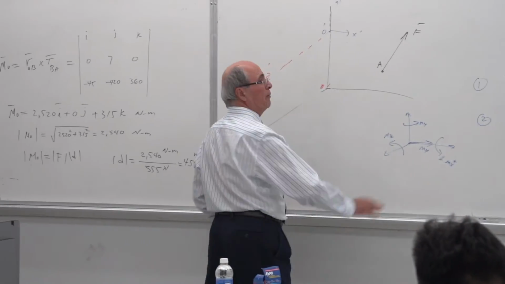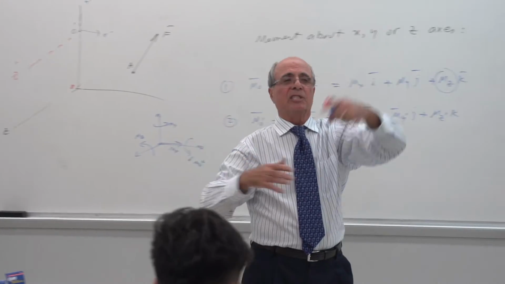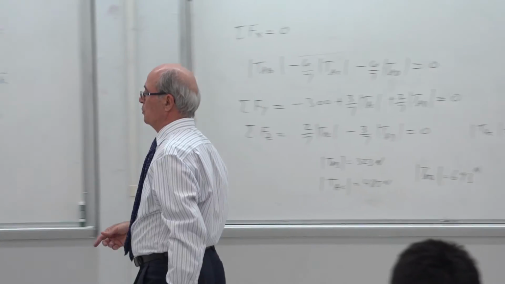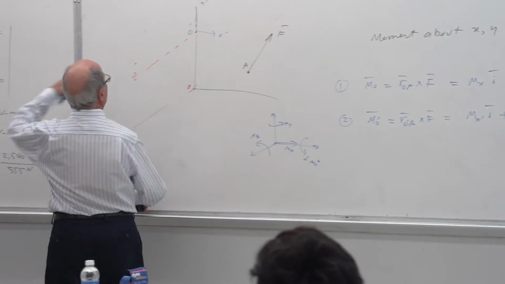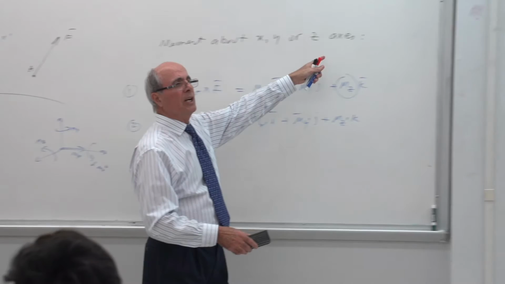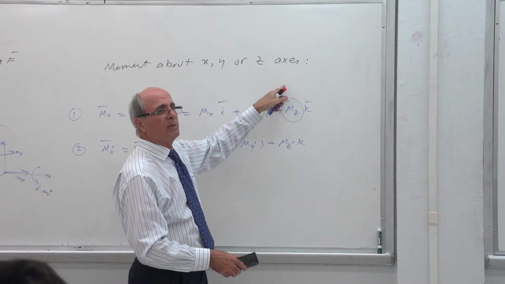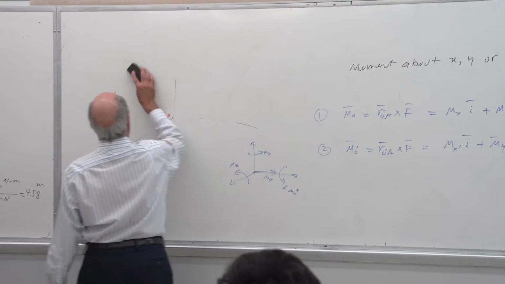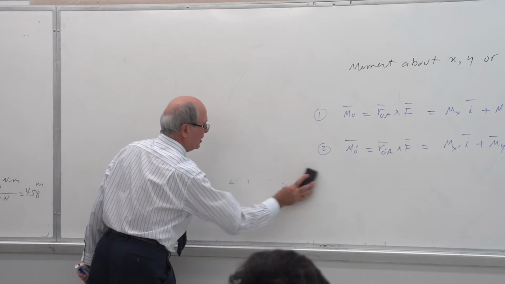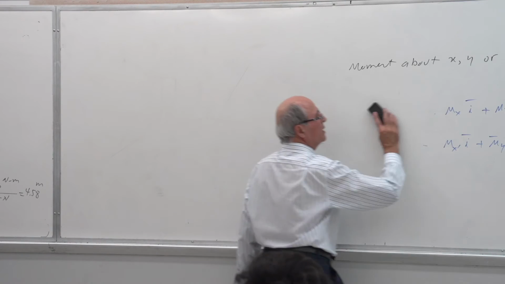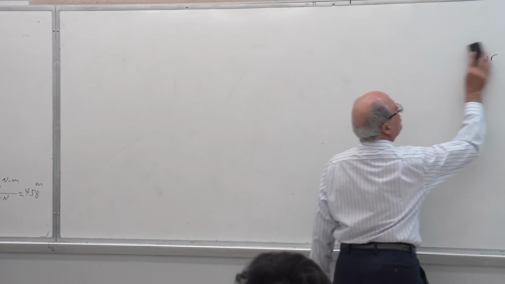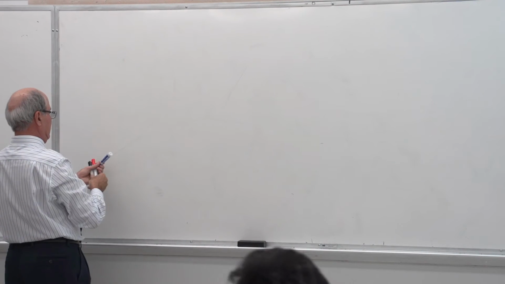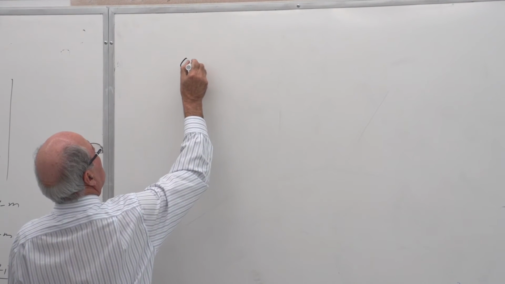What do I do if the force is here and the line is there, which has nothing to do with the X and Y and Z? That's the discussion we want to have today. So please write it down. So this was the moment about X, Y, or Z axis, or X prime, Y prime, Z prime. That's the same thing. Is that correct or not? Yes? Now in general rule. Now here we go. This is also mathematically simple, but you have to put 2 and 2 together. Please pay attention to what I'm doing in definition. Here, finding the moment. This is the general equation.